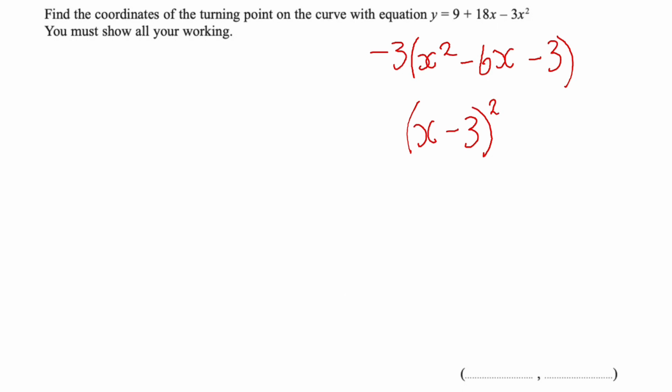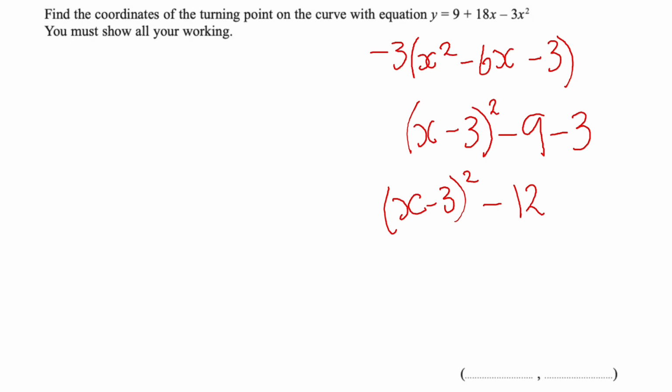The next thing that I am going to do is whatever this number here is, I'm going to square it. So I'm going to do 3 squared, which gives me 9. Now I'm going to write subtract 9 here. I cannot forget about the negative 3, so what I need to do is also subtract 3 from this. Now if I simplify this down, I am left with x subtract 3, all in brackets, squared, and then I am left with